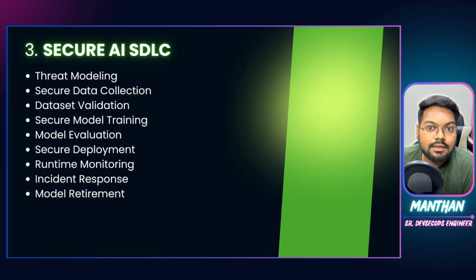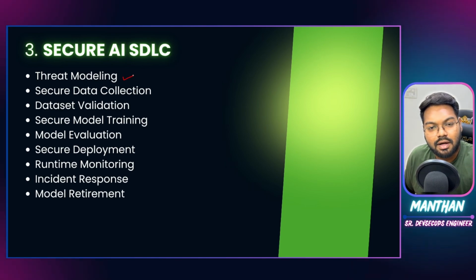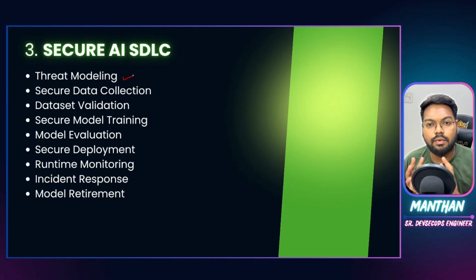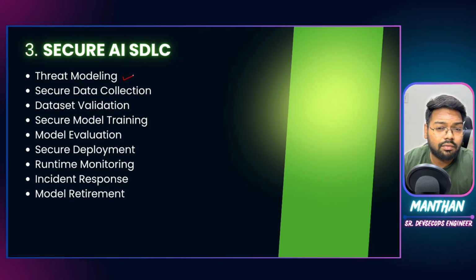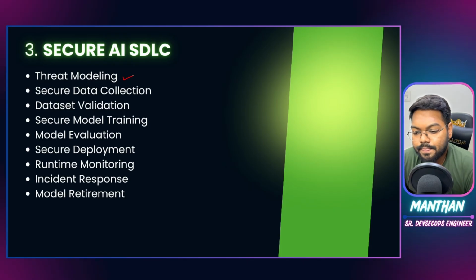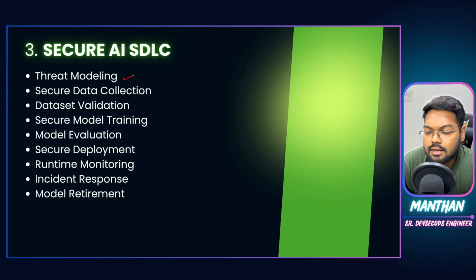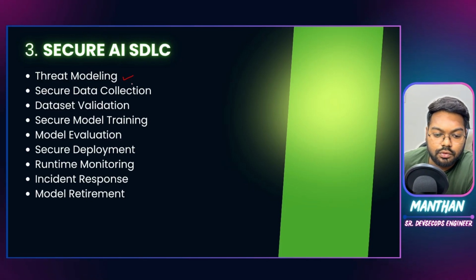Next is secure AI SDLC. You need to know what is threat modeling, what is STRIDE, what is PASTA, what is Microsoft threat modeling concept, and a bunch of other things related to AI. We have discussed all of this threat modeling concept in our DevSecOps series. You can watch it over here. There are 3 different videos where we have discussed 5 frameworks for threat modeling. So STRIDE, STRIKE, BRAID, PASTA, and OCTAVE. These are the 5 things. And I think we missed ATASM for the threat modeling concept. We would be doing it in a future video.